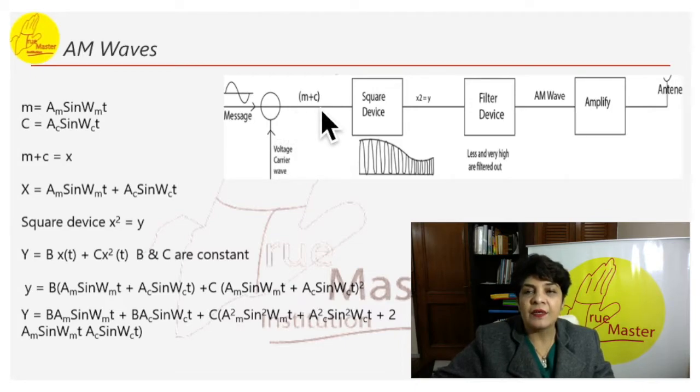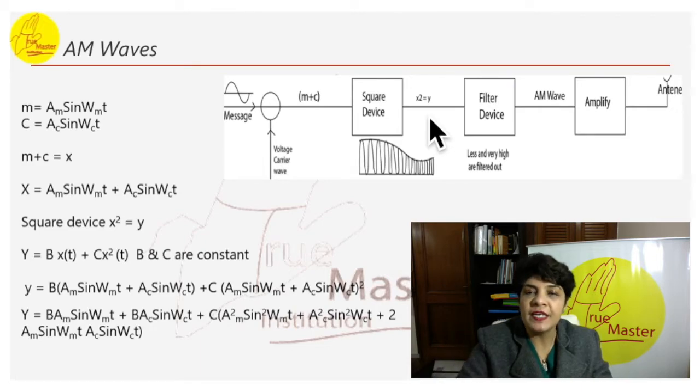We have carrier wave and signal wave. These waves add up and pass through a square device. So what is basically the square device doing? Look at this picture. If the two waves were in the two forms, it is squaring it up, which means only the positive wave is left here, as x square is equal to y. It's being squared, so the positive wave is left here.